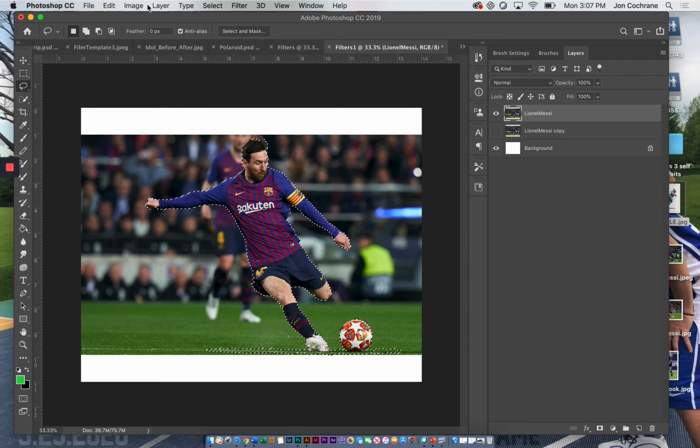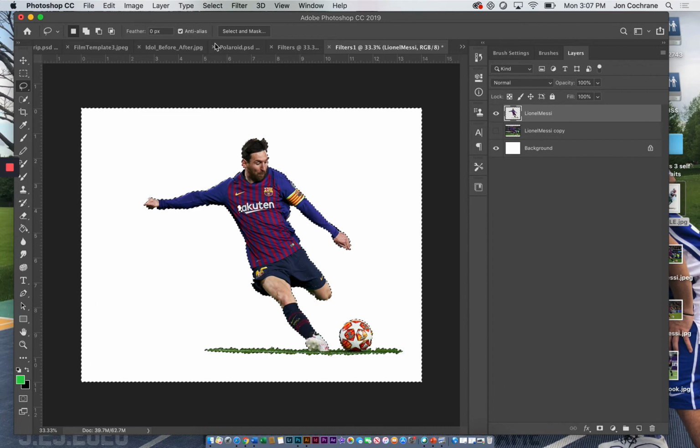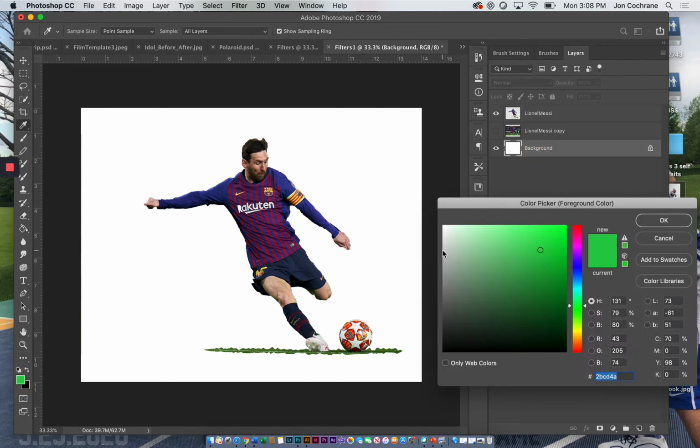Okay, so now we'll go select, inverse, press delete, and so I've got that for right now. What I'm trying to do with this is make this part really thin right there. You don't want it too thick because it looks really weird when I've got a big blob right there. All right, now the next thing I want to do is make this background color,